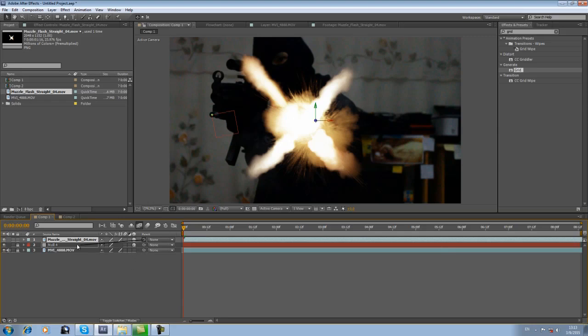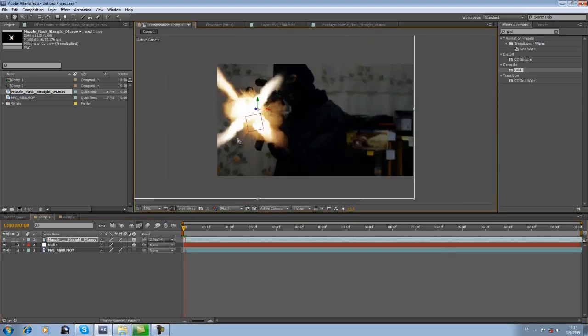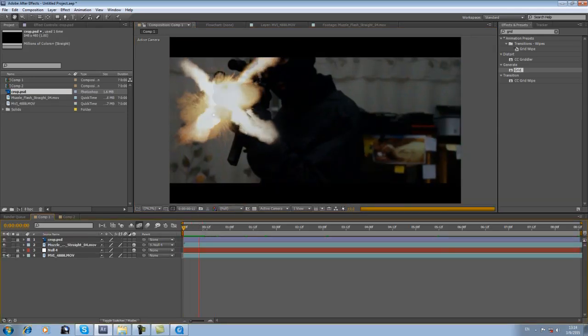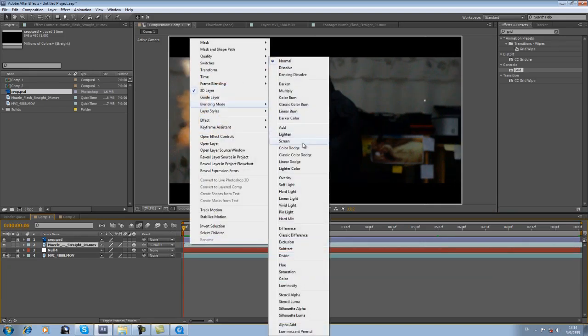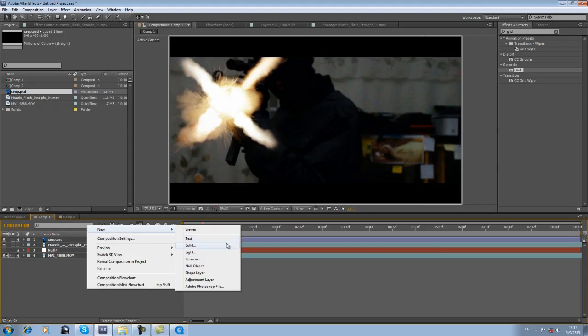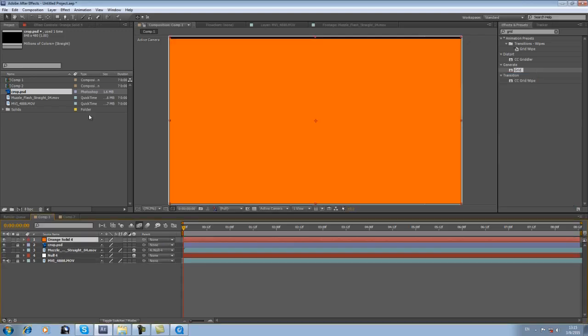and line it up. Alright, over here. Alright, pretty close. Okay, and then just right click on our muscle flash and go to blending mode and choose screen. And the next thing is new solid, and let's choose the color sort of orange. Alright, and then use ellipse tool,